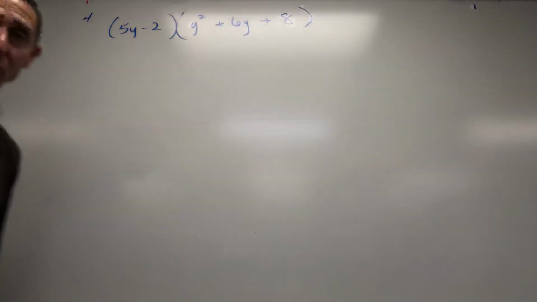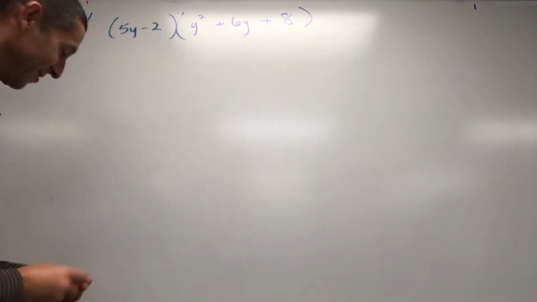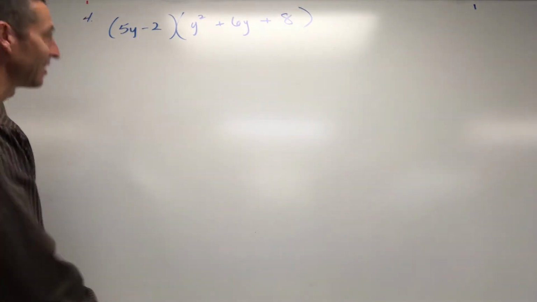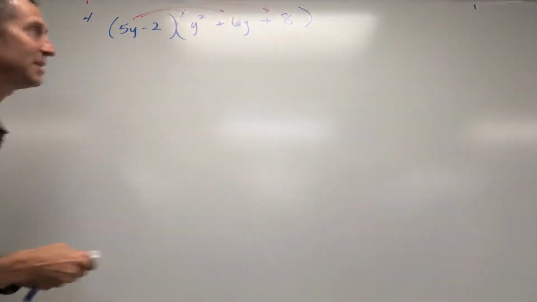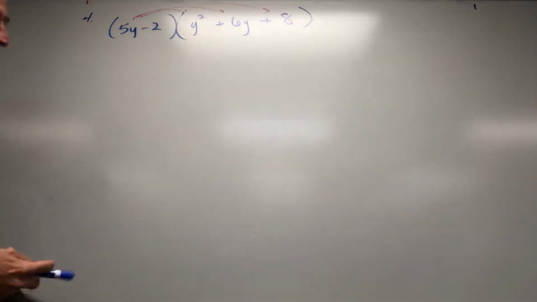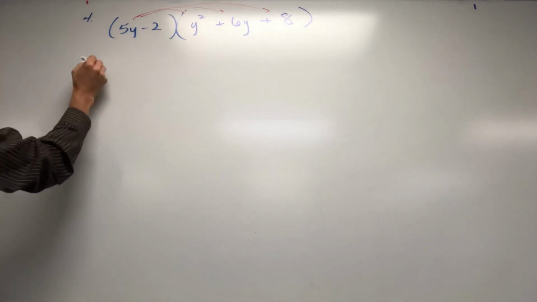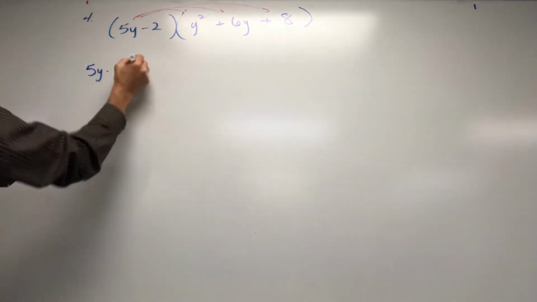All right, a super FOIL situation. This 5y has got to hit everything. It hits once, hits twice, hits 3 times. The 5y is going, so that's going to be 5y times y squared,